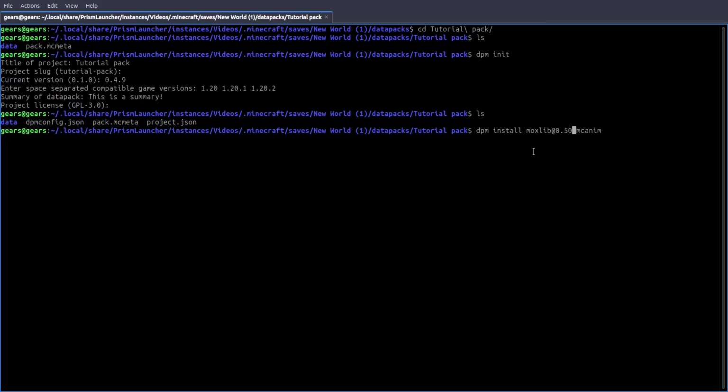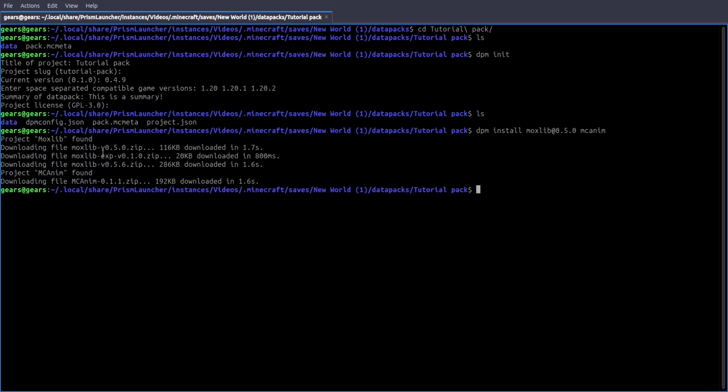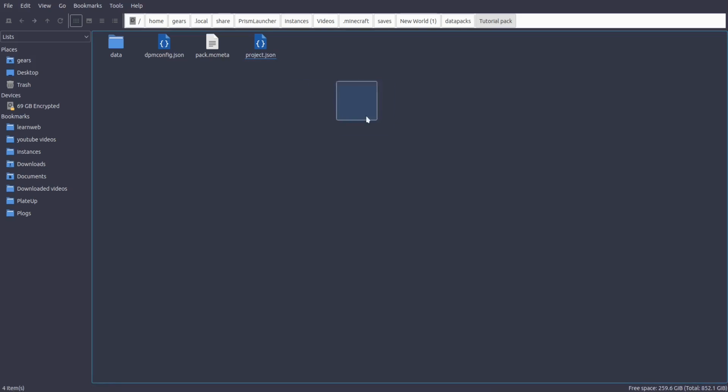So you could do, maybe we want moxlib 0.5.0, and it's also downloaded moxlib experimental because that's an optional dependency. So I should probably remove that before I release it. I will do that. And if you see it's not downloaded anything in here, it's smart enough to know that